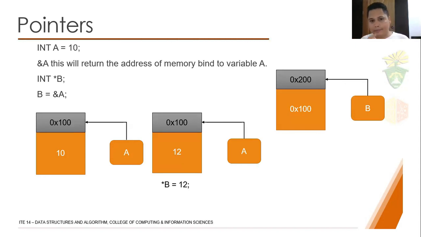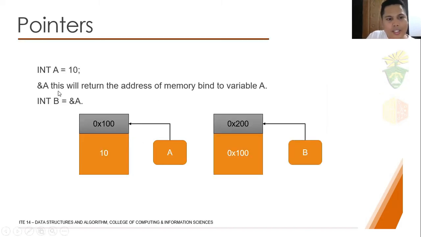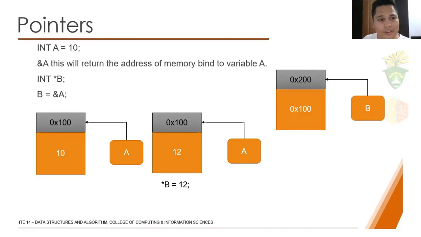Example. Let's proceed now. So how are we going to create pointers? This is the way we create pointers. This time, we change our declaration. Earlier, the declaration of B was just an integer, not a pointer. It becomes a pointer once we indicate an asterisk before our variable name. Meaning the way we declare a pointer, we have the data type int,